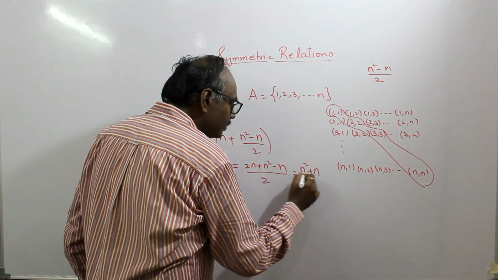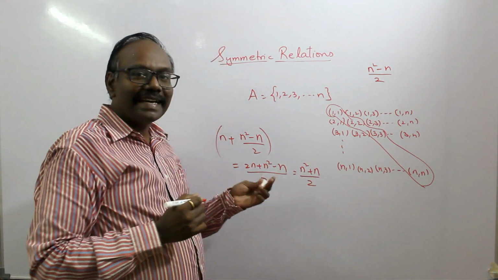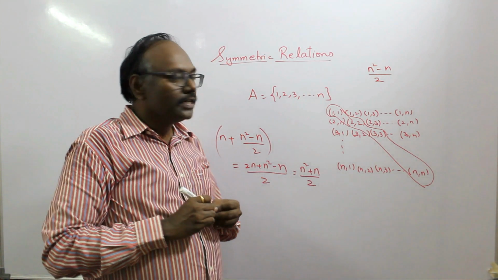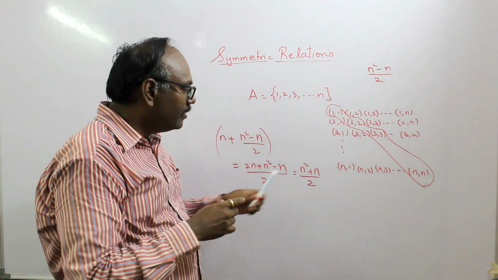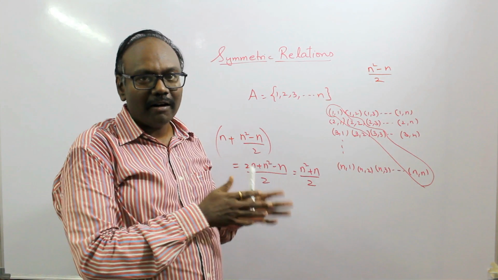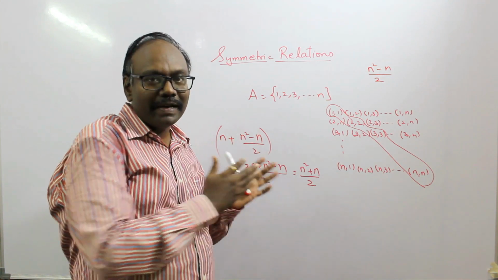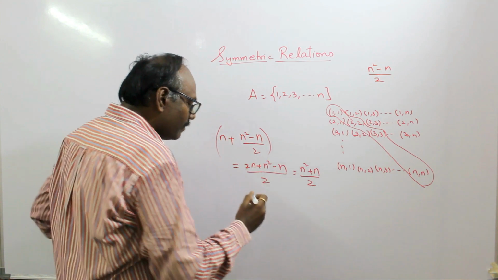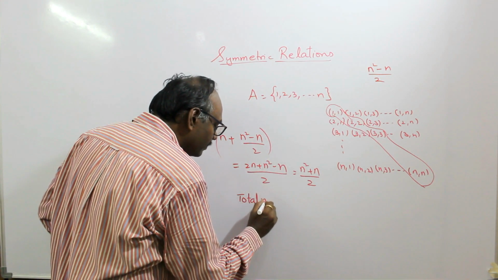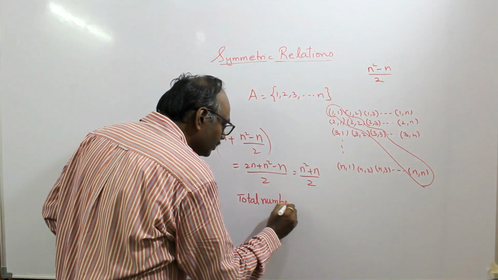So out of these (n² + n)/2 elements, I have to choose the ordered pairs. So I may choose either 0 ordered pairs, or I may choose exactly 1 ordered pair, or I may choose exactly 2 ordered pairs, and so on. So the number of ways of selecting will be the same as the total number of symmetric relations. So the total number of symmetric relations